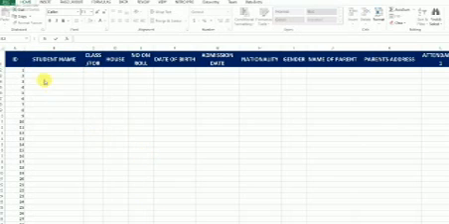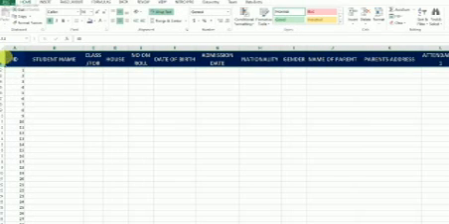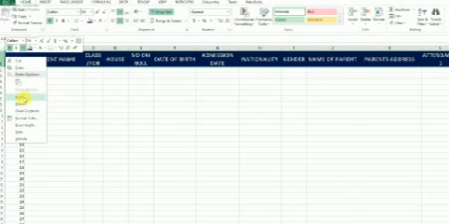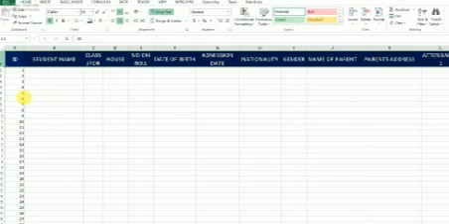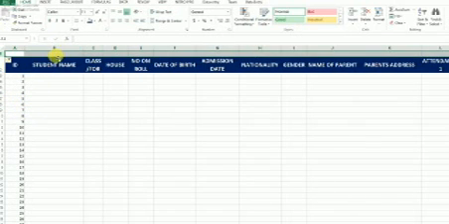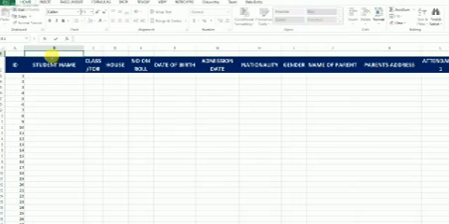Okay, so let's create one row, and then we write the heading on it. So in creating the row, you click on this side, and then you just select. So that's the row.